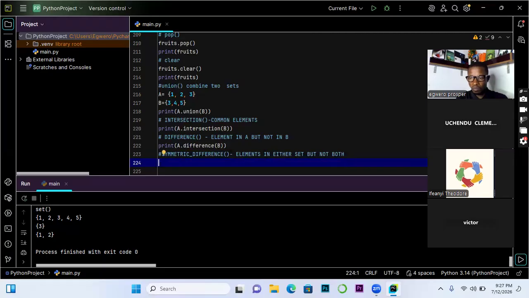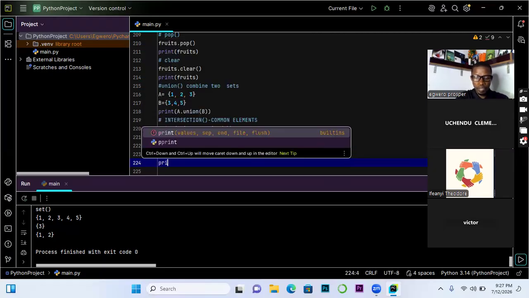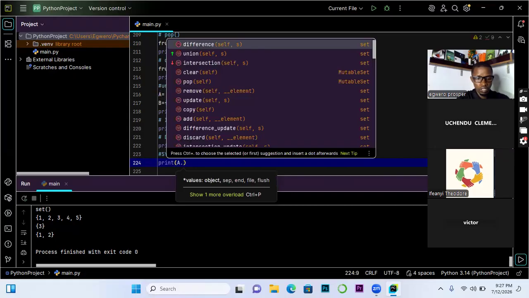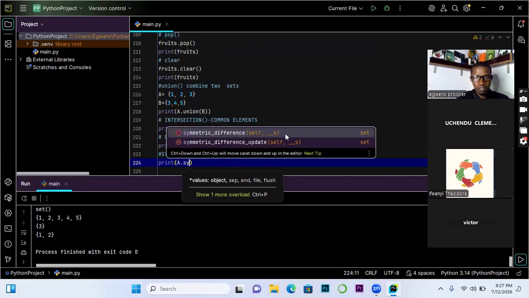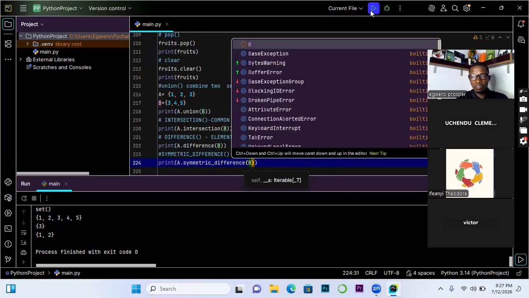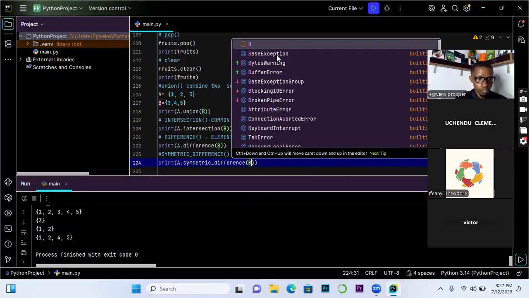So what does it mean? It means if I print A symmetric difference B, see, it returns what? Elements in either set.